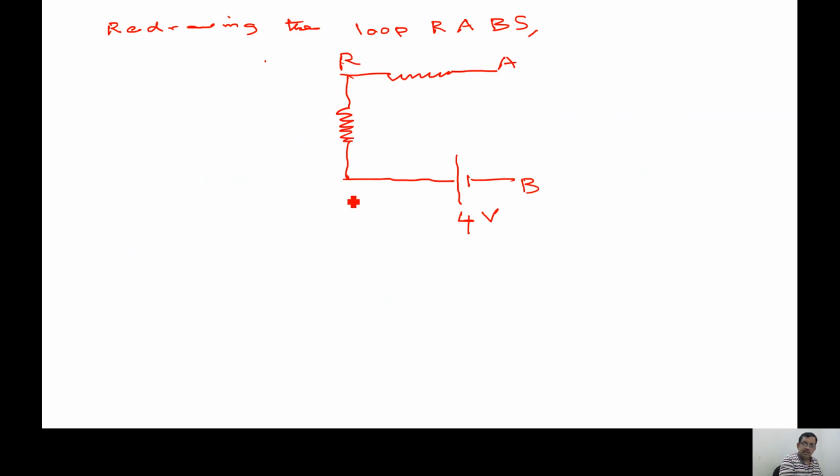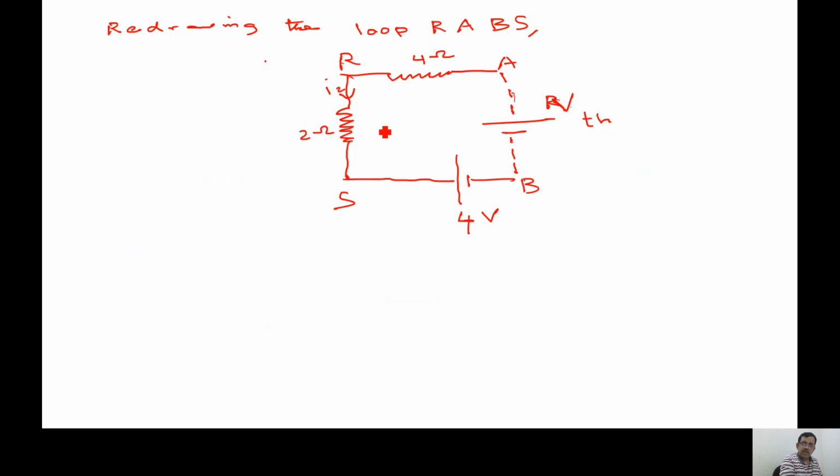B, S. Now as I told you, there is an imaginary source, so I will use a dotted line instead of a solid line. So this is my VTH. This is my 4 ohm. This is my 2 ohm. And I2, I know what is I2 over here.